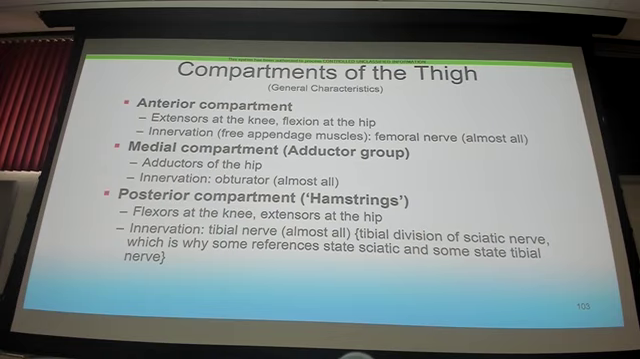So here's my general characteristics that I like to do. Here are our compartments. We have an anterior compartment, we have a medial compartment, and we have a posterior compartment of the thigh. The anterior compartment